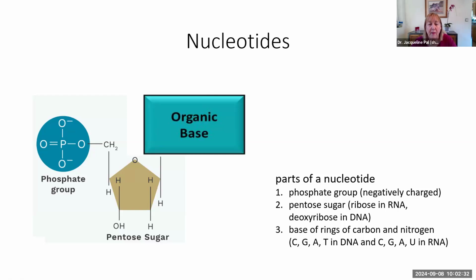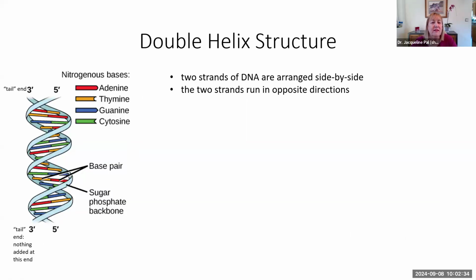They are going to have hydrogen bonds with the other base rings if you are in DNA. So this double helix structure that we find in DNA, we're going to have two strands of DNA side by side, but they run in opposite directions. If you look at this one, if you take one strand, you will notice that there is a 5' written at one end, and if you follow it to the other end of that particular strand,